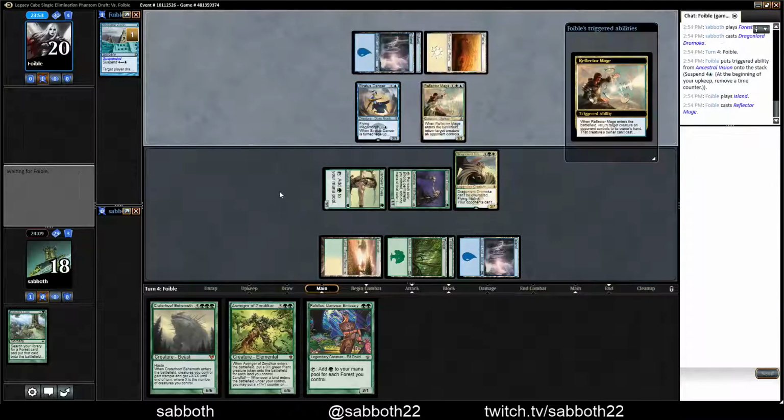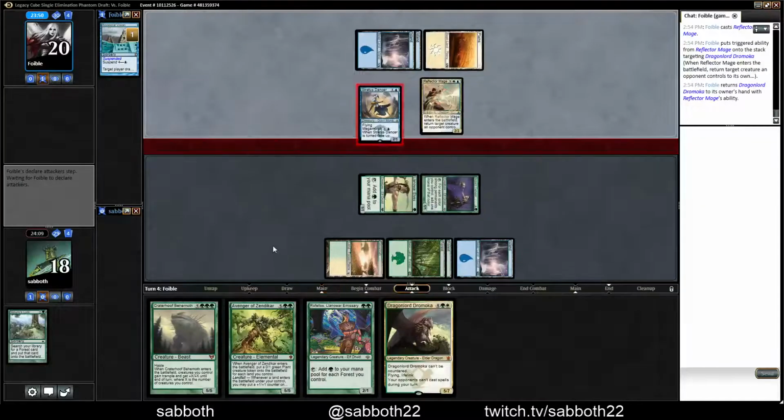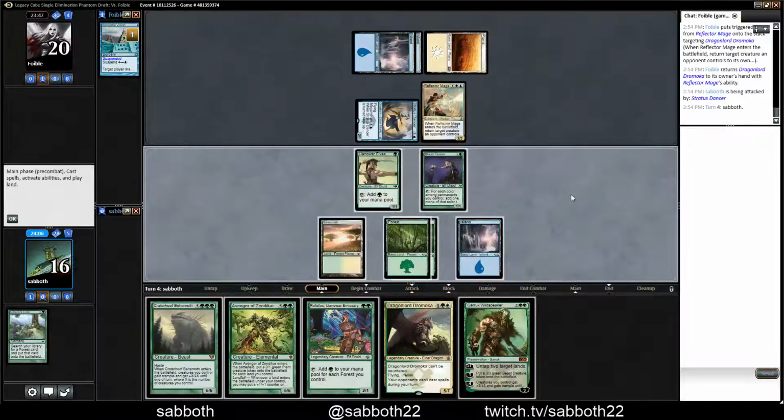Okay, they are up to 2. And of course they bounce our Dramoka. No. Now that's interesting, because Garruk does a lot here. Garruk means we can cast that and Raphelos on the same turn. I mean, we can do that anyway. So maybe